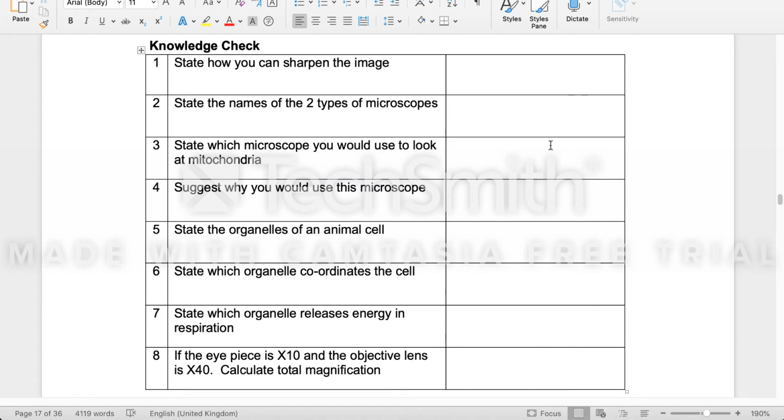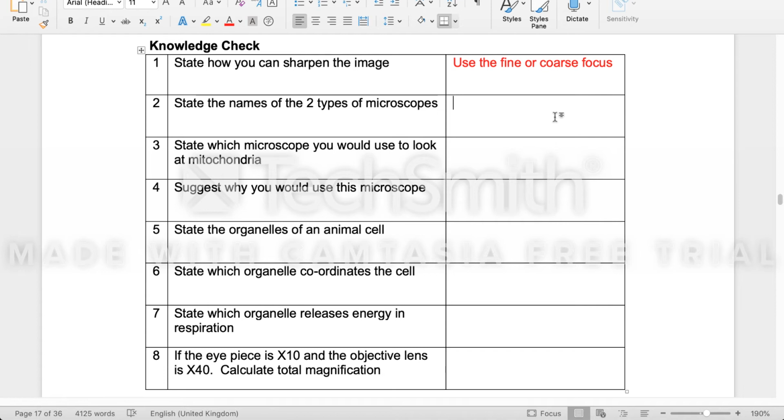Alright, so let's start off with number 1 here. State how you can sharpen the image. So let me just make these red before we get started. Alright, number 1, state how you can sharpen the image. So for this one, you can either use the fine focus or coarse focus, okay? And those are the two dials that are on the side of a microscope. Those are the two dials on the side of the microscope that you can use to lower and raise the